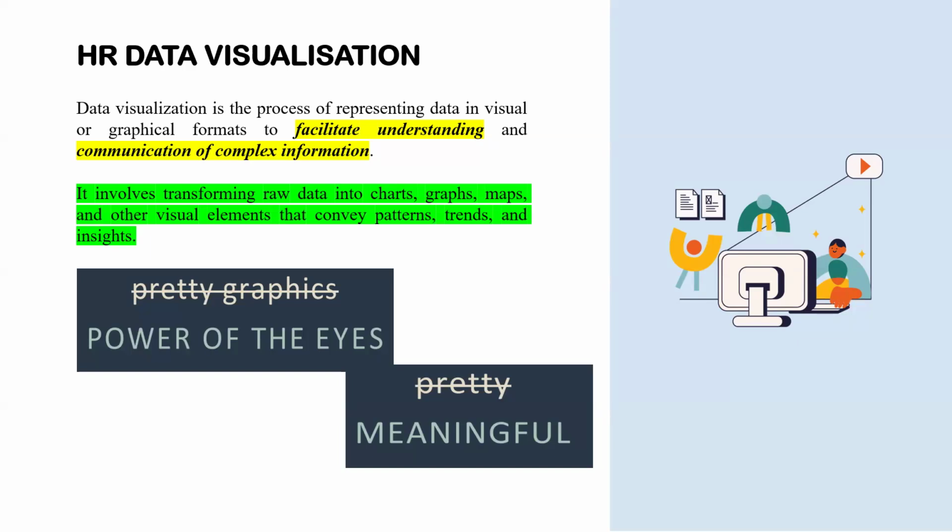So from a technical perspective, data visualization is just a way or a process of representing data in a graphical format. It doesn't end there, though. We need to be able to facilitate understanding and communicate the story behind whatever data we have at hand. Since you are analytics students, you know something about data transformation or data cleaning.